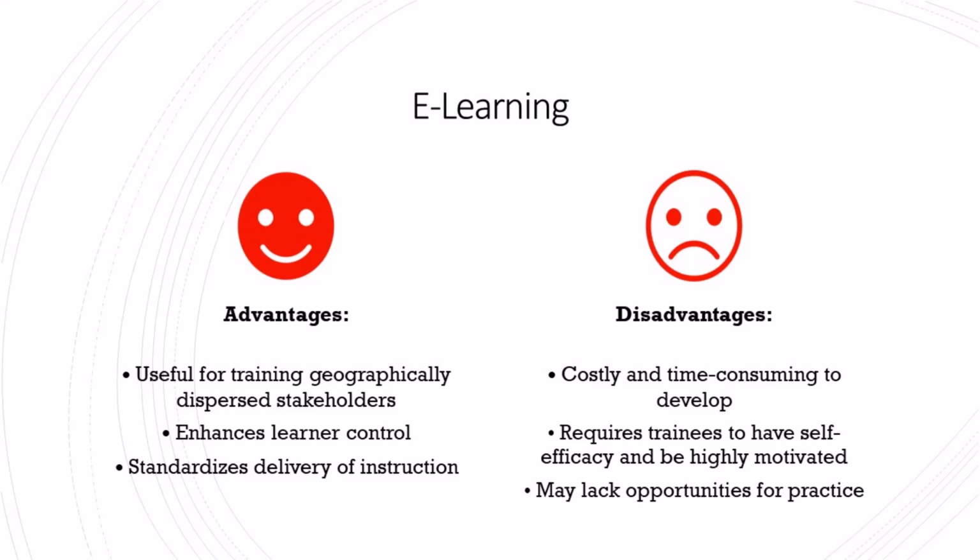One of the other benefits is that it standardizes the delivery of instruction, which can make it cheaper and faster to deliver to a large number of people. However, the development of online learning can be expensive and time-consuming. Your textbook estimates that it takes approximately 38 hours to design a single hour of instruction. Fortunately, this extra cost can be offset by a reduction in administration costs over a long period of time.